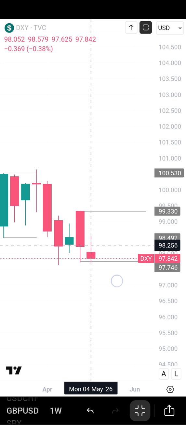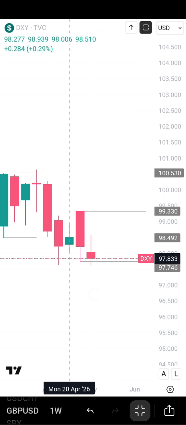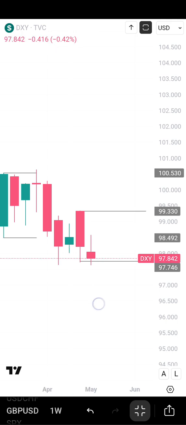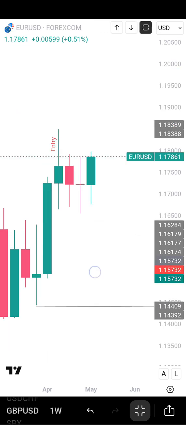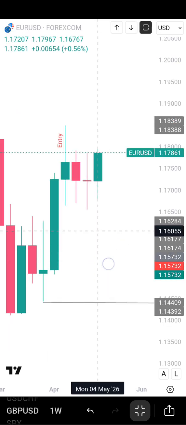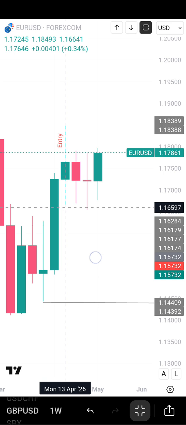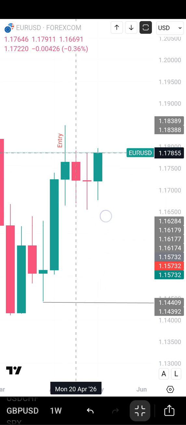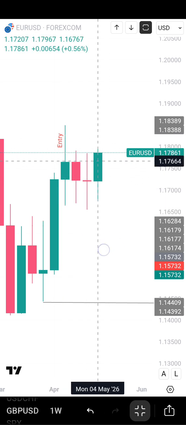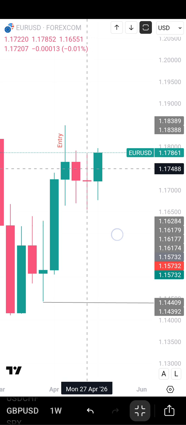We can hunt for either a buy on Monday, Tuesday, Wednesday, Thursday, or even Friday. Or two setups might also show up on either of the days of the week. All right, on DXY. Then for EURUSD, same thing here. You can see here, though price has taken this low and has taken this high, so we're going to look for how the price is going to pan out on daily time frame to know what to do. So price might even push up to the upside before giving us a sell on EU.